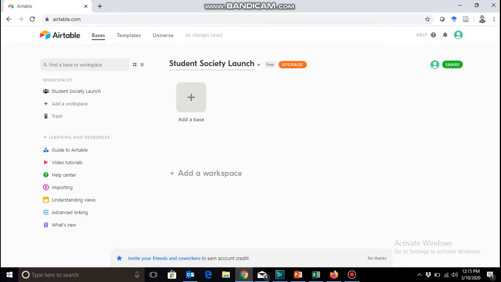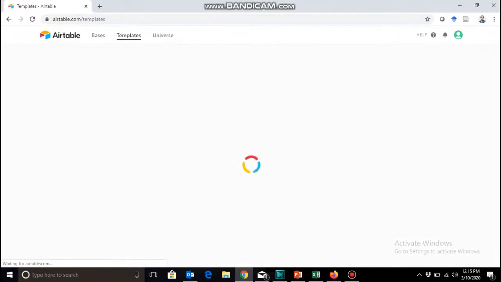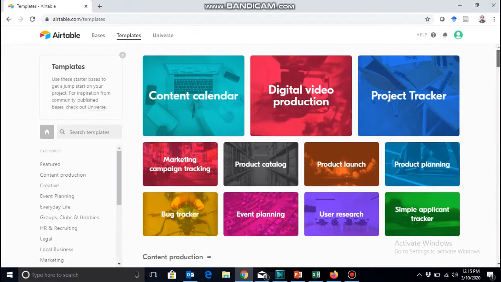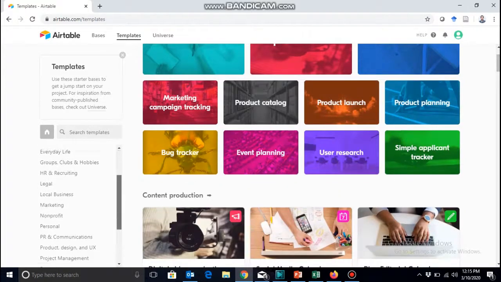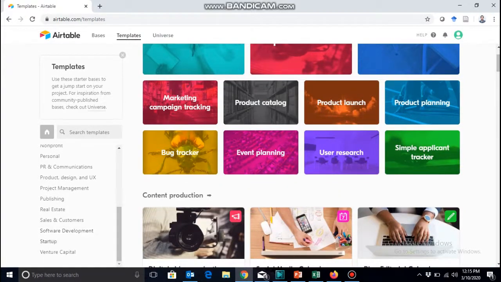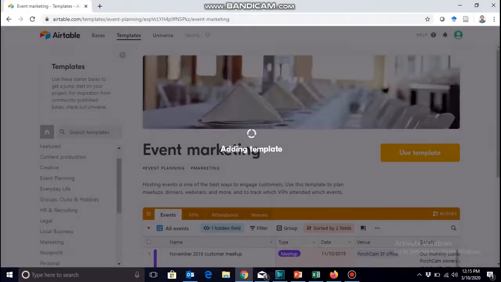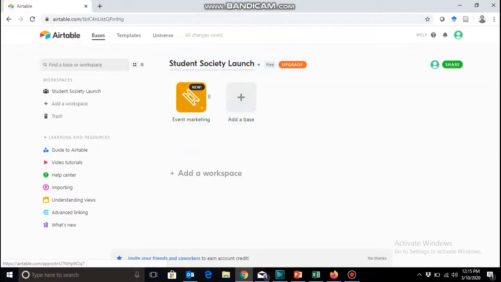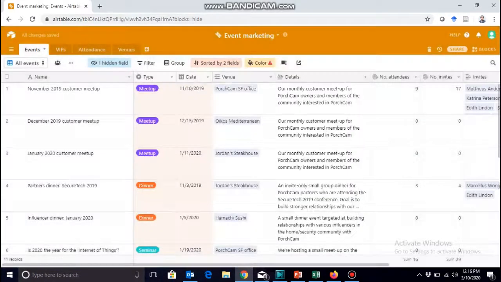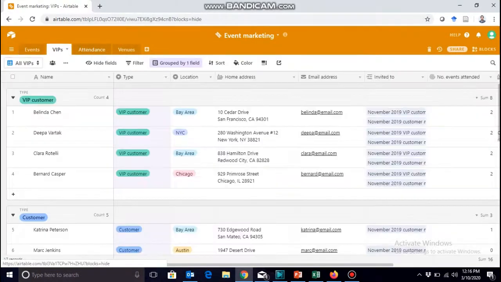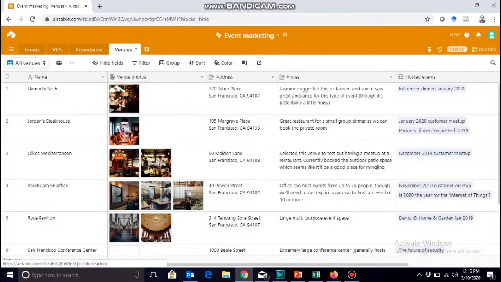So this is add a base. There are lots of predefined free templates that are available. I'm just going to show some of those templates. We can go to this section, and for example, let's take event planning, event marketing. Use this template, and you can see that events, list of VIPs, attendance, venues, all of this is built in, and you can customize it catering to your